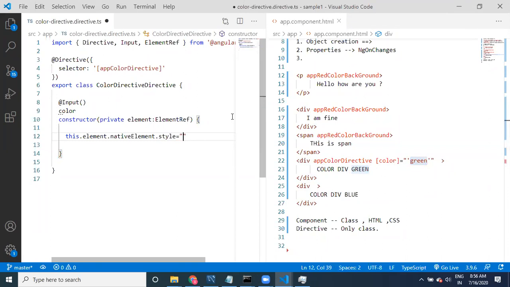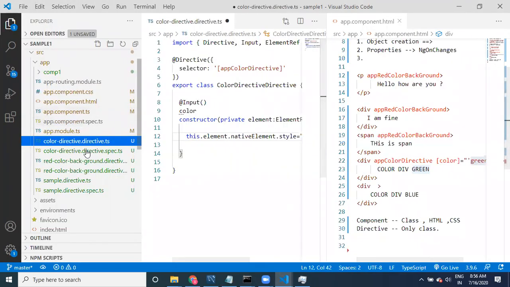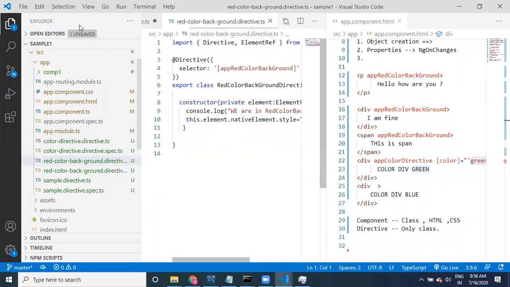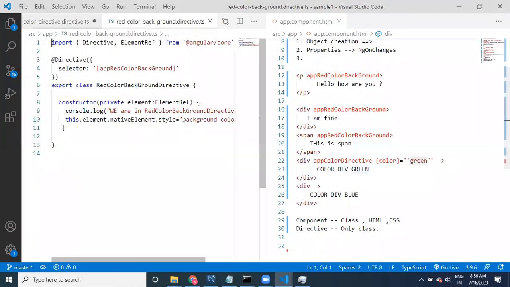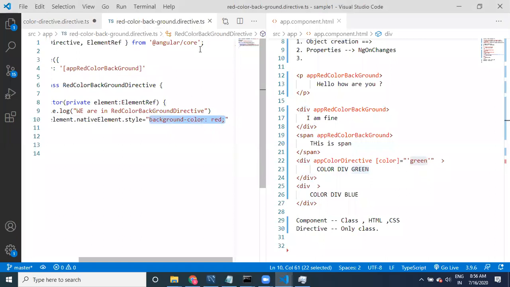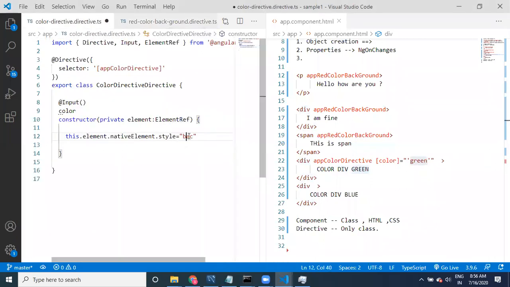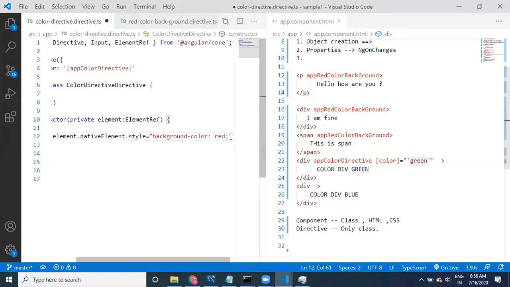I have to provide background color. In the previous example we took a red color background. The same background color equal to, you can provide this one. Now instead of red, we need to provide this color.